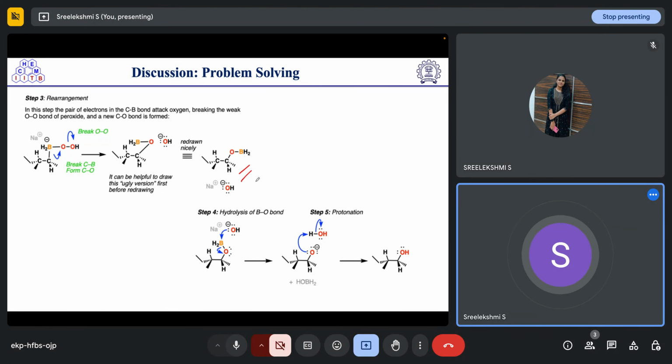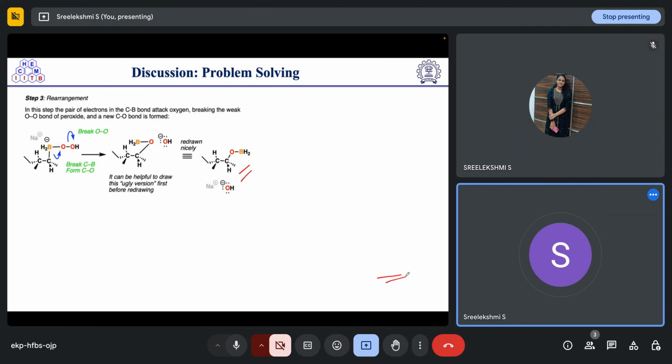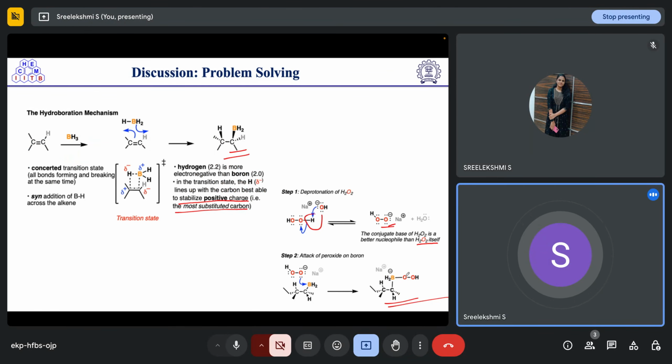Now this bond is getting hydrolyzed: OH minus attacks this boron, and this comes to here to form this O minus. Then this O minus takes up a proton from the water during workup, and we get this alcohol. So first, after forming the addition product, the peroxide generates its conjugate base of H2O2